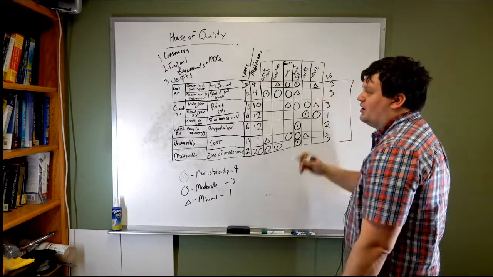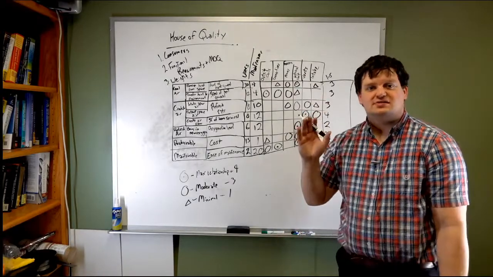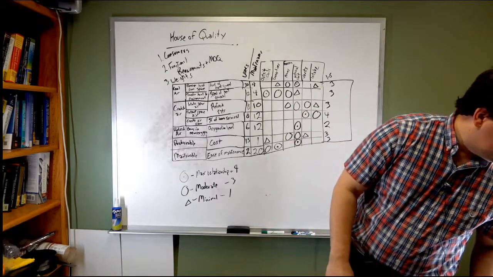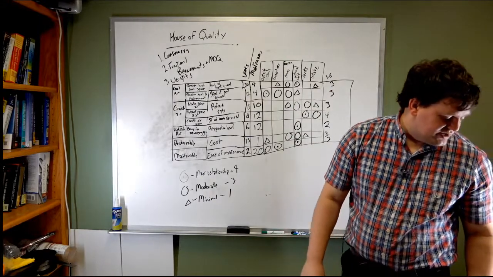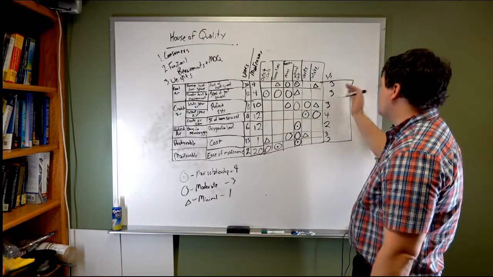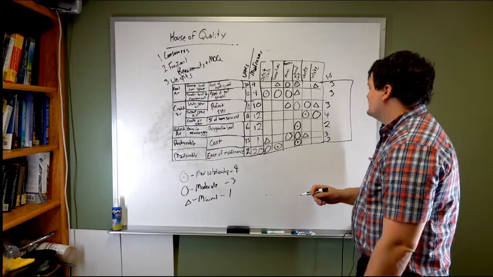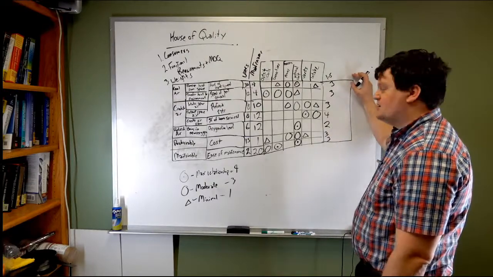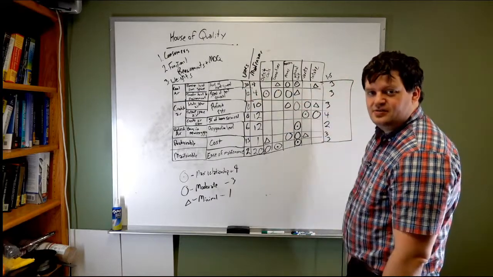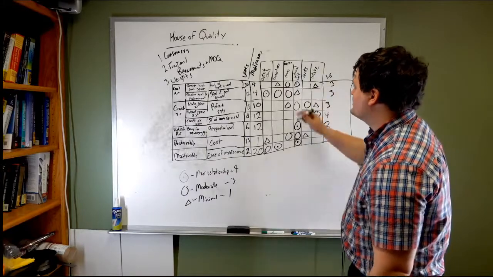Oftentimes what you'll do is you'll have one baseline system where you'll say, this is this. Sometimes what people will do, and what the book does, is it's a 1 to 5 scale, and you'll just rank them this way, or some people will just say the existing technology compared to our product, and then they'll either rate this up, down, or equal. So, there's a couple of different ways to do that.